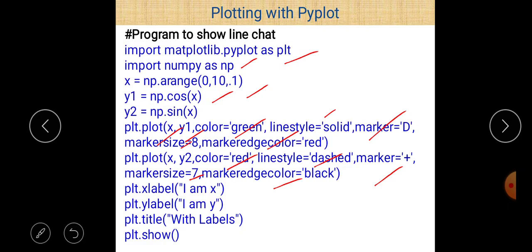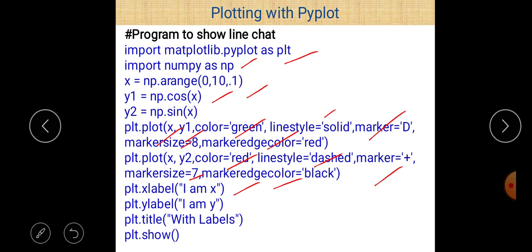So one is between x and y1, and the other between x and y2, meaning between x and cos x, and between x and sin x. Then if you want to give the label or name to the x-axis, you just use plt.xlabel, and for the y-axis use plt.ylabel. So these are the names of the x-axis and y-axis.